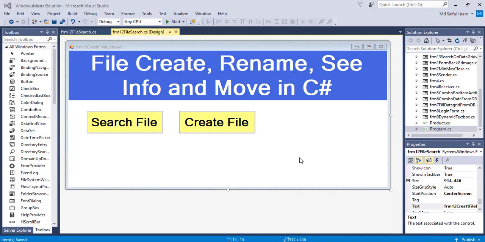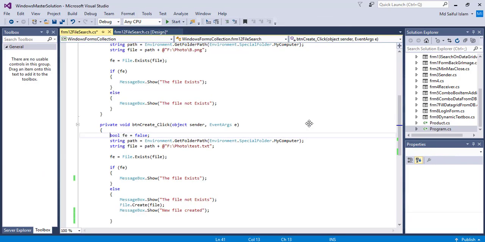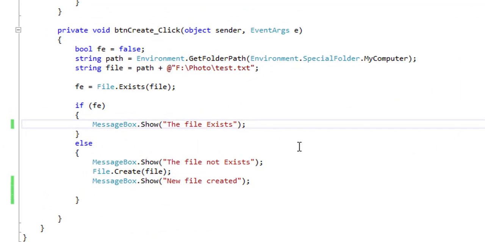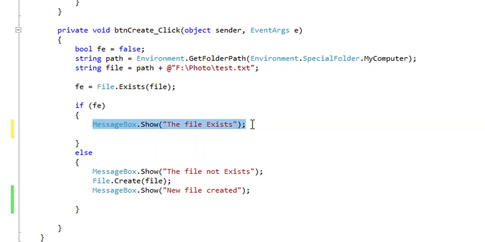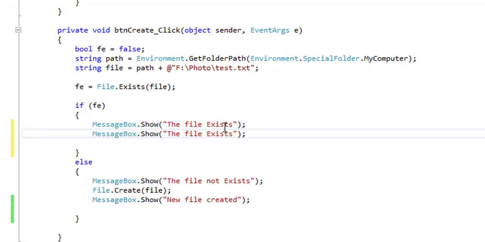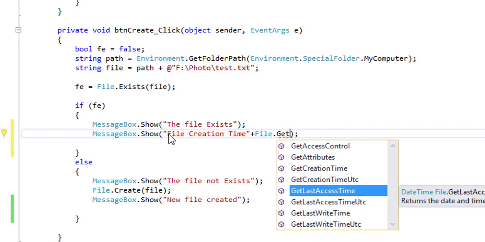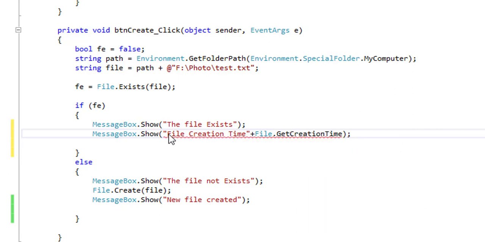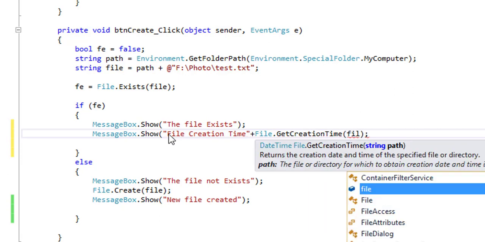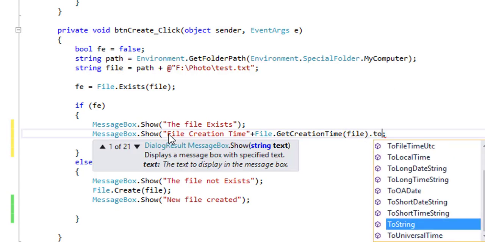Now I will show how to see the file creation time and the last access time. To show this I will write code in the file exist block. I am copying this line. File creation time plus file dot get creation time, file dot toString.